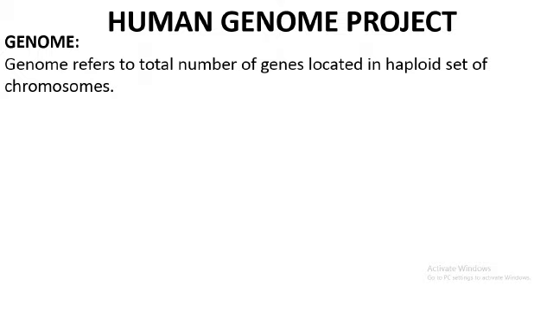That is, in human beings, there are two sets of chromosome and they are called diploid. 2n is equal to 46 in human beings. So now the genes present in n number of chromosome, that is 23 chromosomes, or we can tell the total number of genes present in a gamete, because gametes are haploid. So therefore genome is nothing but the total number of genes present in